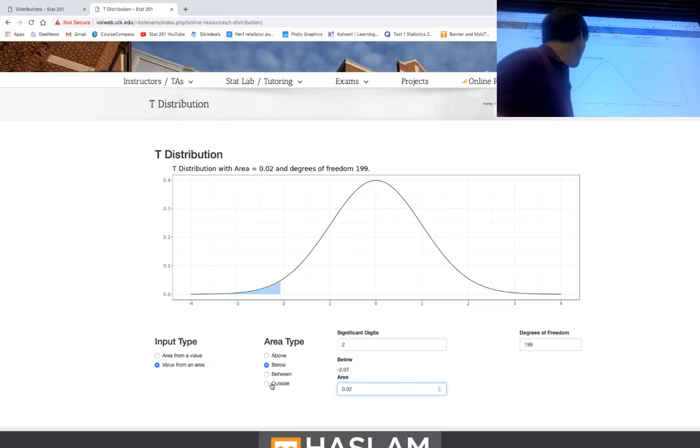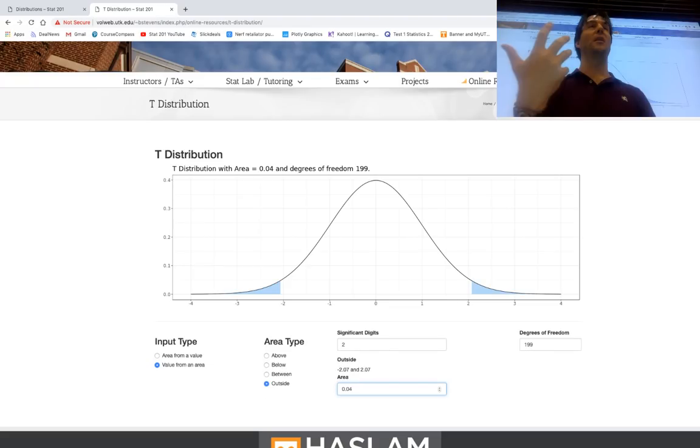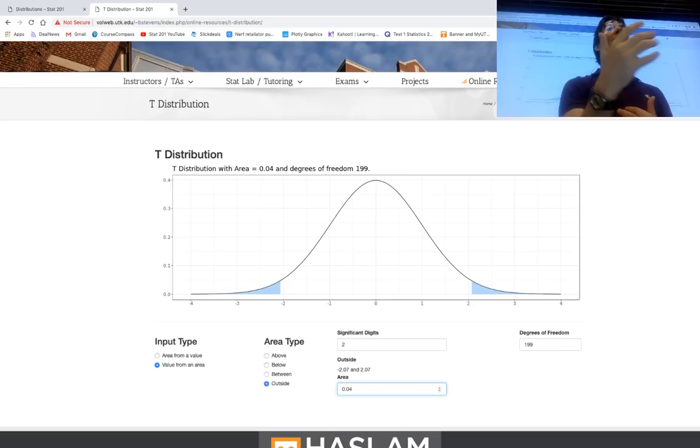Remember that 2.07? There's that 2.07 again. Because now you have the two tails. And if 4% is on the outside, what's on the inside? 96. And we're kind of bridging topics. I'm going to go back to our question and answer it before this section ends. But this kind of shows you that tests and confidence intervals do the same thing. Because a 96% confidence interval works mechanically the same as a two-tailed test with what alpha? 96% confidence works the same as a two-tailed test with,